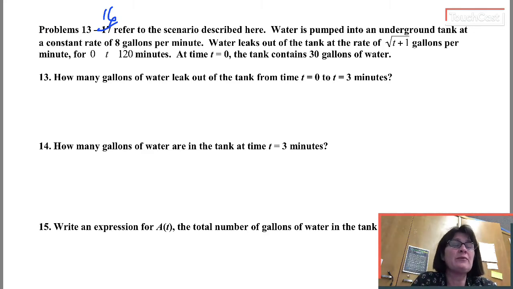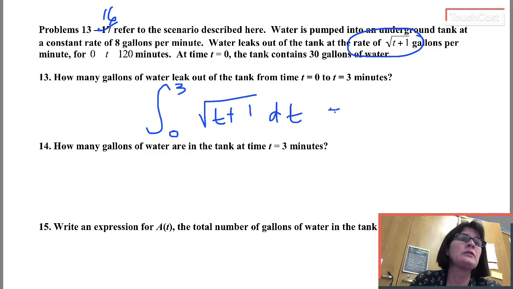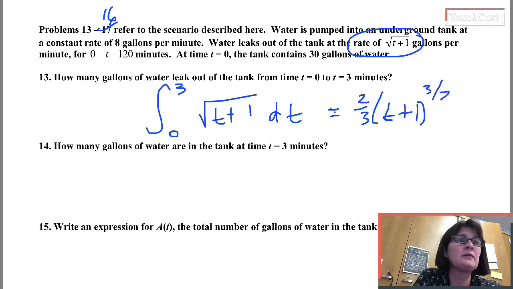So question number 13, how many gallons of water leak out of the tank between time 0 and time 3? Well, I'm going to find out the rate at which water leaks out, and I'm going to integrate that rate from time 0 to 3, which I can evaluate with an integral. That's going to be 2/3 (t plus 1) to the 3/2 from 0 to 3,